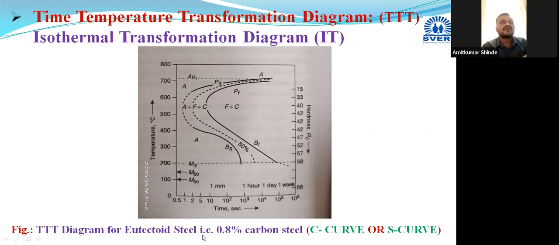And now, after getting uniform austenite in all steel samples, all these steel samples are removed from this furnace and collected in a second furnace, where the temperature is kept in the range below A1 and just above Ms temperature. One particular temperature value is selected. Suppose 600 or 650 or 500, and all samples are kept at that constant temperature throughout the process.